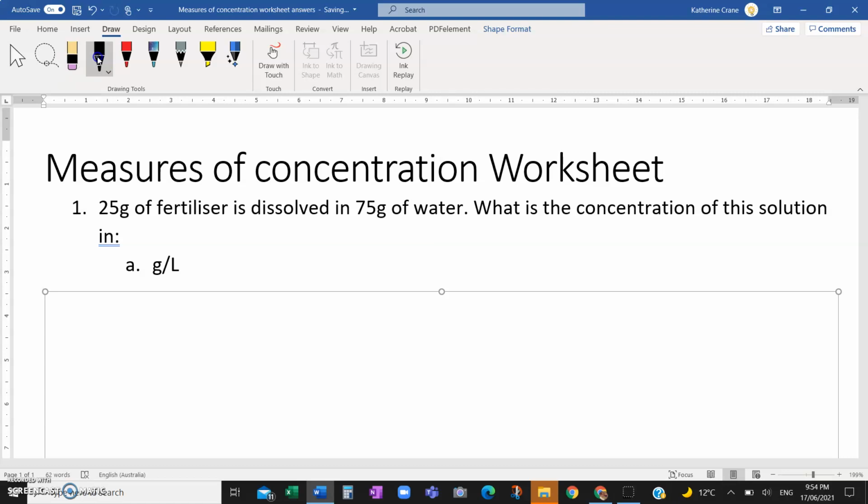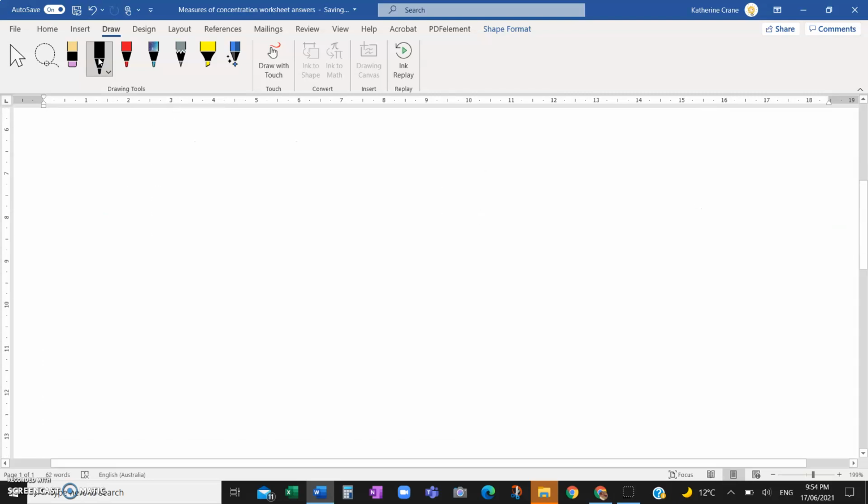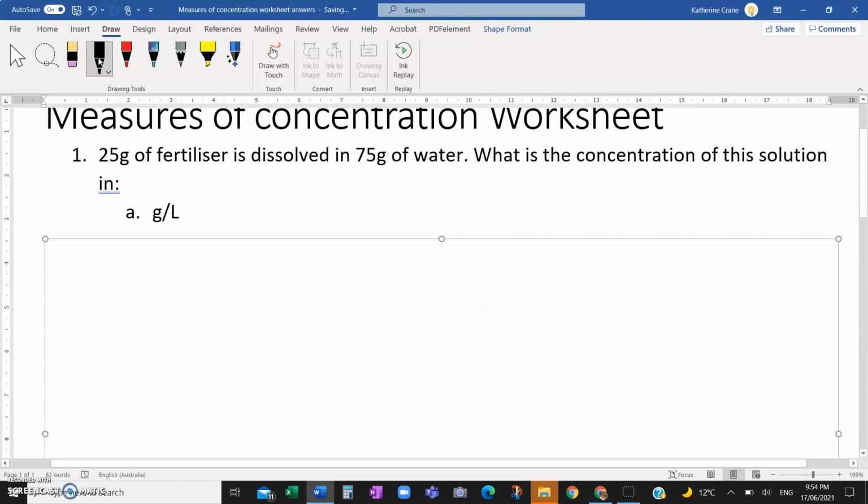So firstly, the one we have here is we have 25 grams of fertilizer and we dissolve that in 75 grams of water. What's the concentration of this solution? And it asks us to do it in grams per litre, and then down here, weight per weight. So grams per litre is going to be different in the way that the answer comes out and how you calculate it. In this case, you've got your grams is